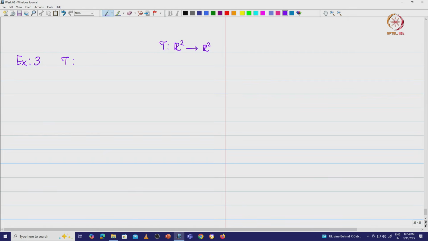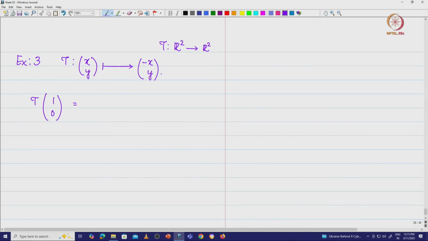T is basically a map: it maps any vector (x, y) to, let us say, (-x, y). It maps any vector (x, y) to (-x, y), that is pretty interesting. So, what does that mean? Let us again check what it does to the (1, 0) vector, the transformation of the (1, 0) vector. What is this transformation going to do?